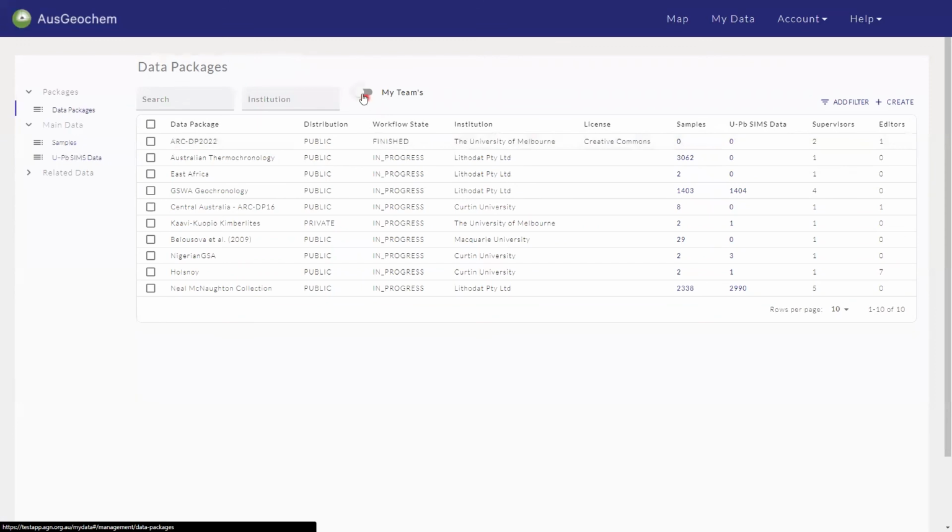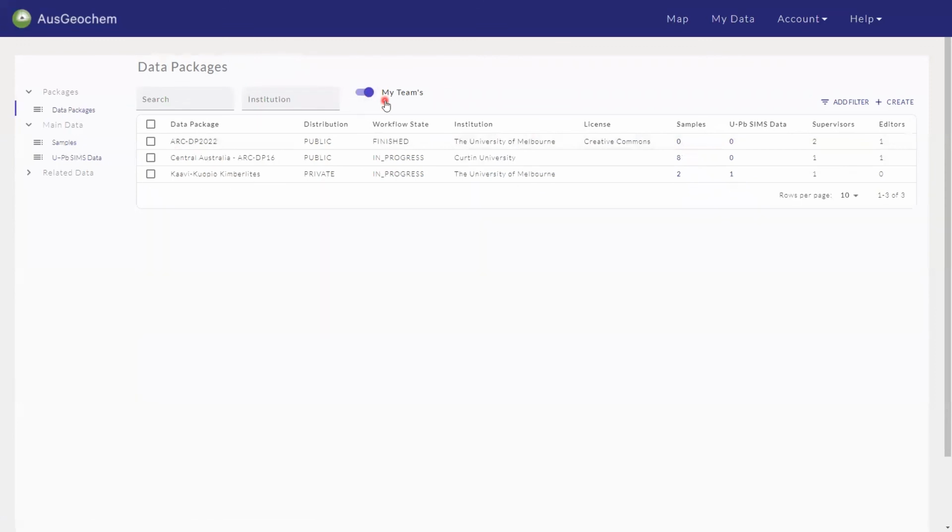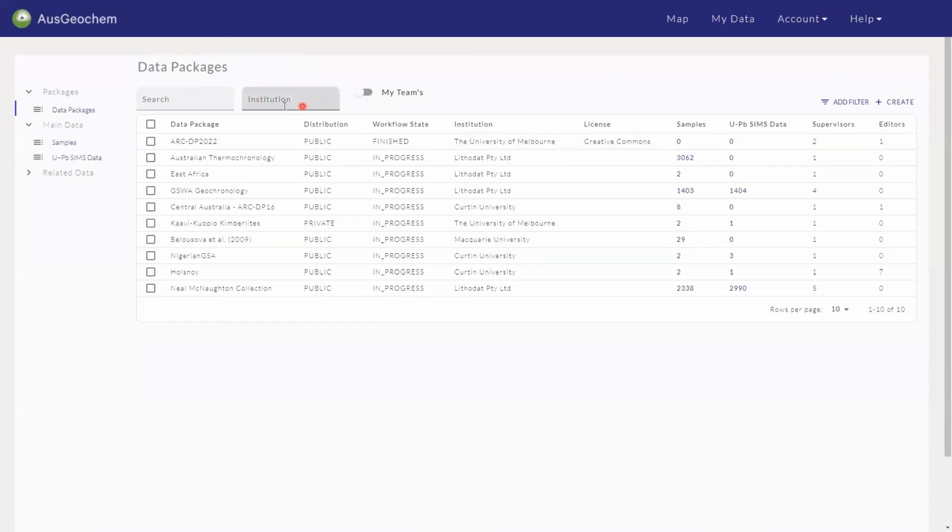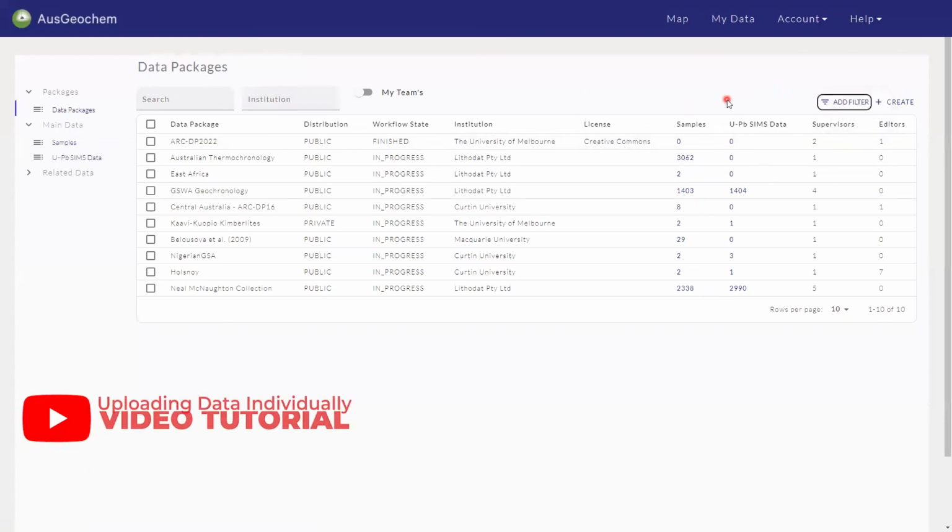I can also filter up here to just see my data packages or ones that I'm involved with as a collaborator, and you can toggle that on and off. You can also search for other data packages using keywords or by institution, or even looking at what state they're in. In a later video, I'll be looking at how to upload data to these data packages,